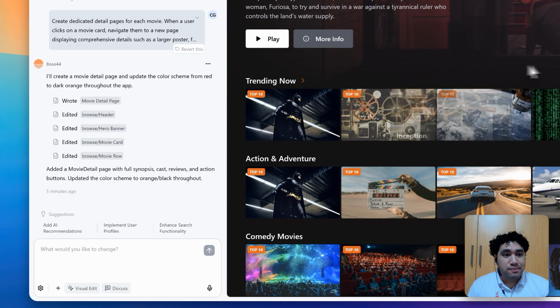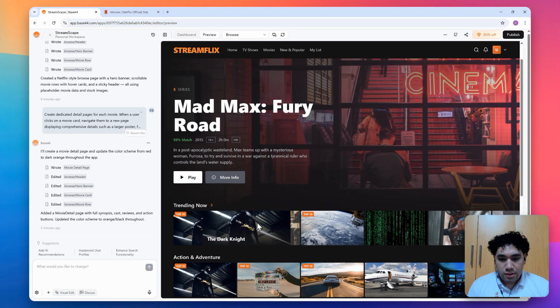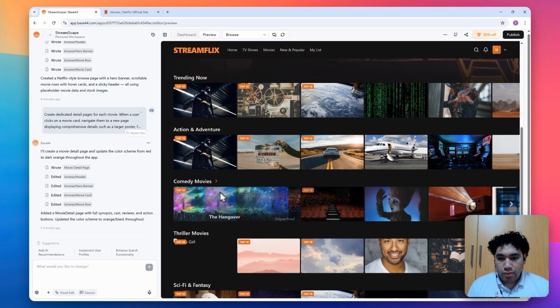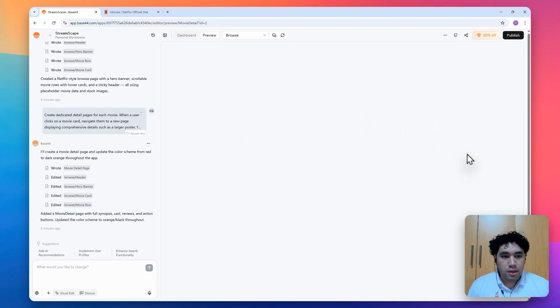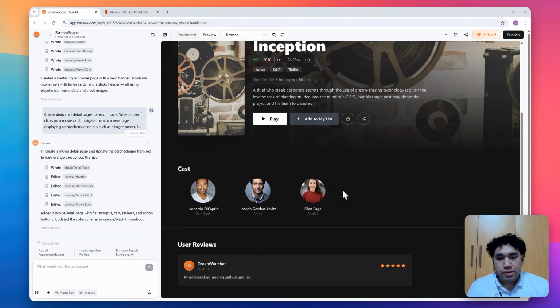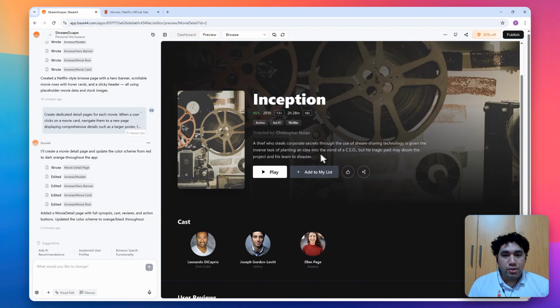And let's see if it has page details. So, more info. Or we can click one of these here. The Dark Knight. Let's try clicking this. Oh, it worked a while ago. Oops. Give it a moment. It's reloading. Let me reload the page. Okay, it finished reloading. And look, we just had to click one of the things and we were brought to